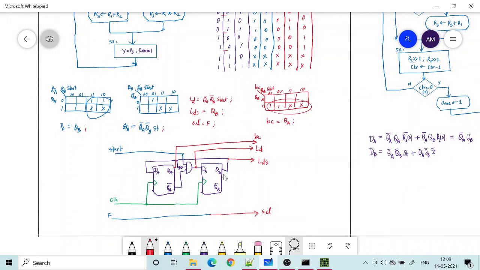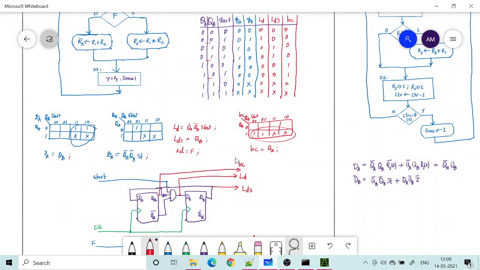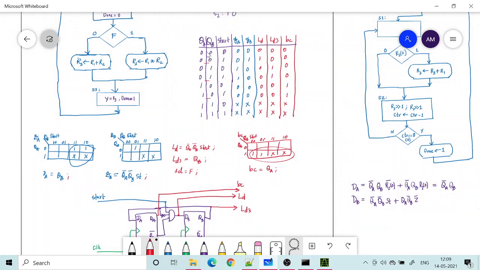So by using two flip-flops, now there are 3 states, I need 2 flip-flops. The advantage is I don't require the D flip-flop in the data path, but I am changing the finite state machine with the 3 states. So if I have 3 states, then I will have more combinations with the start input. There are 8 combinations. QA QB can be in 4 different states, and depending upon start I will have one more.